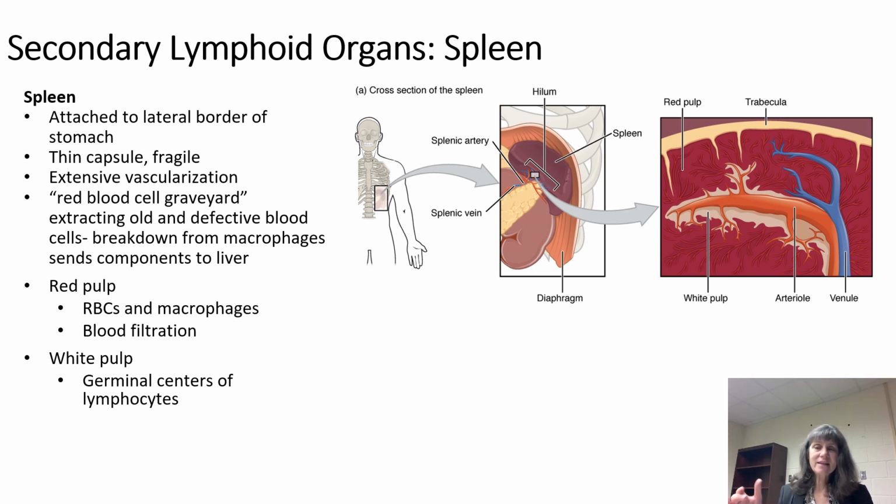Some of the connective tissue will invaginate into the spleen, forming a little trabecular pattern. And again, it's a very thin connective tissue capsule. But that's the spleen. We're going to move on